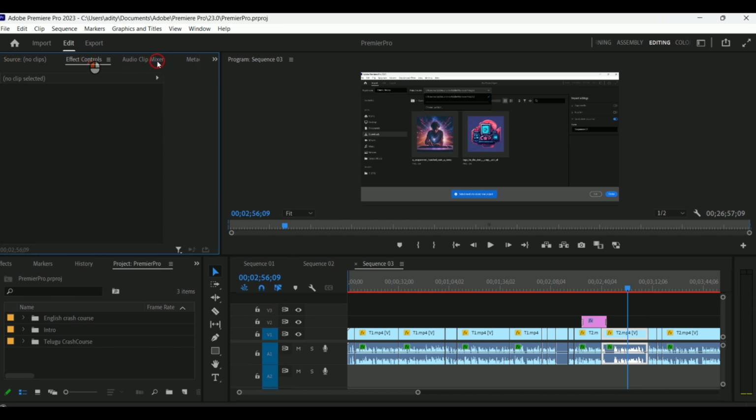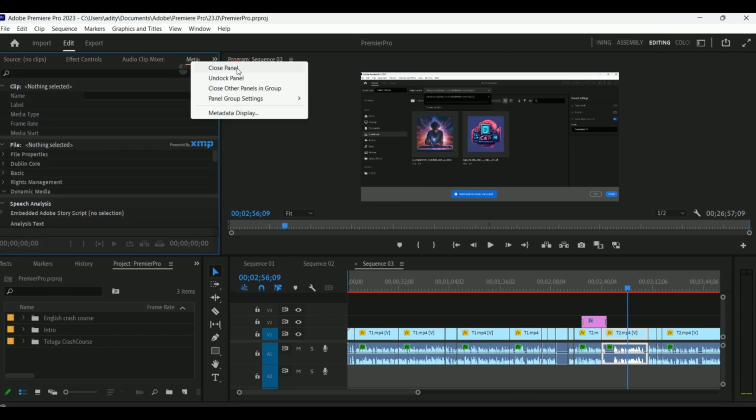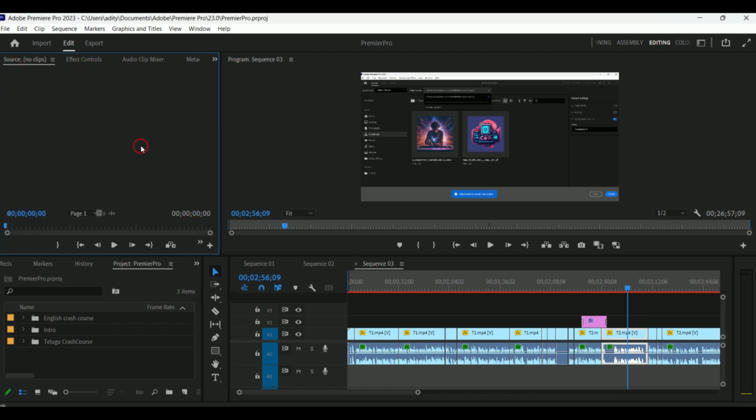So if you don't need these panels, we can close these panels also by the right click close panel option. And these are all panels, and this is the program monitor where we see the output of our timeline, and this is our project panel, and